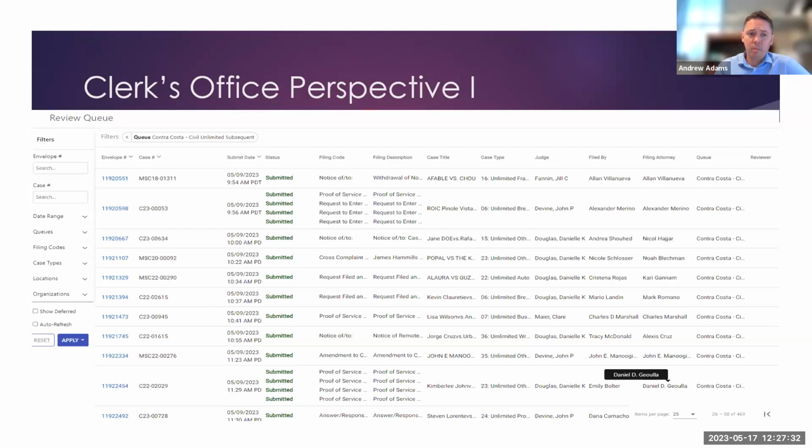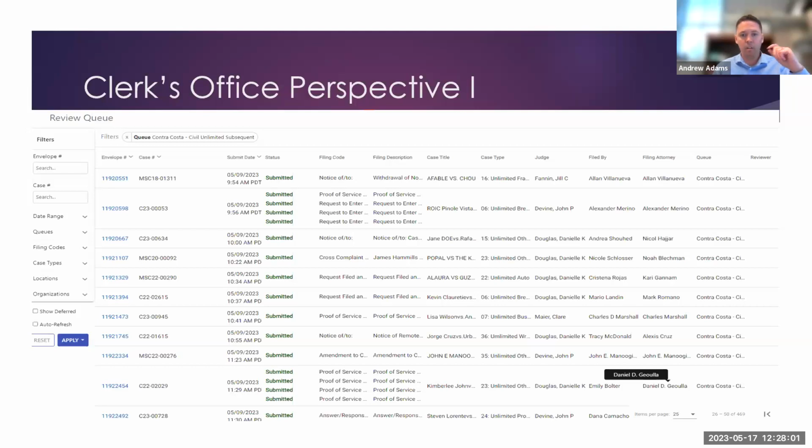Now, when we're looking in e-filing, we can search and filter by quite a few different things. Envelope number is the best one if you want us to know exactly which documents you're talking about, because it relates directly to that filing. We can also search by case number, but it's going to pull up anything associated with that case number. So if there's a trial coming up and there's 30 things pending out there and we have to search through and try and find which one yours is, we can find it. It's just going to take more time.